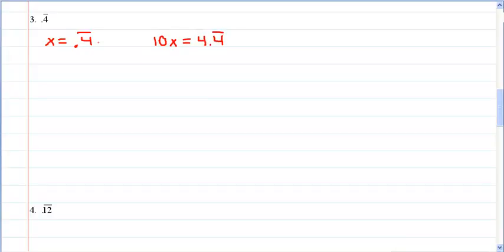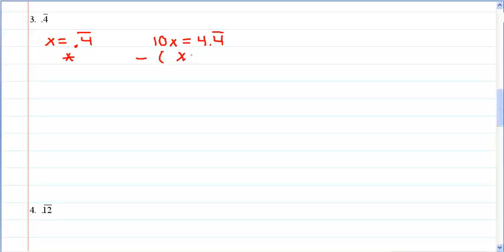So if I had two numbers to the right of the decimal point, then I would have multiplied it by 100. If I had three numbers to the right of the decimal point, I would have multiplied it by 1,000. But since I only have one number to the right of the decimal point, I only multiply it by 10. And now that you have 10x equals 4.4 repeating, you want to subtract this equation, x equals 0.4 repeating, and